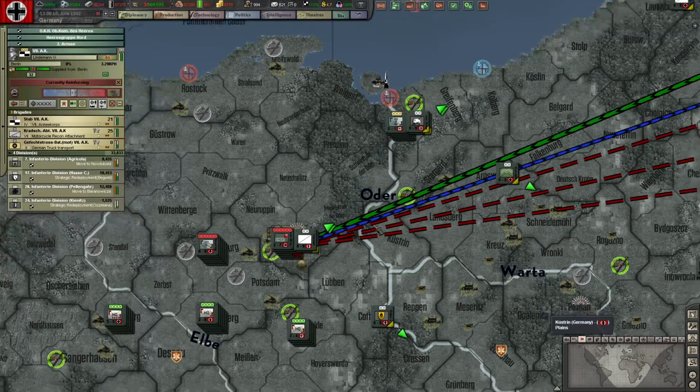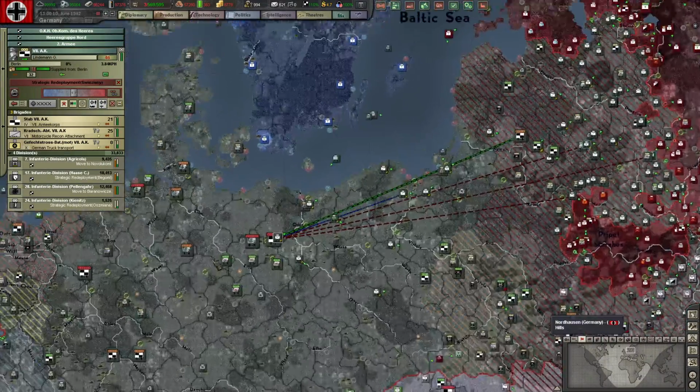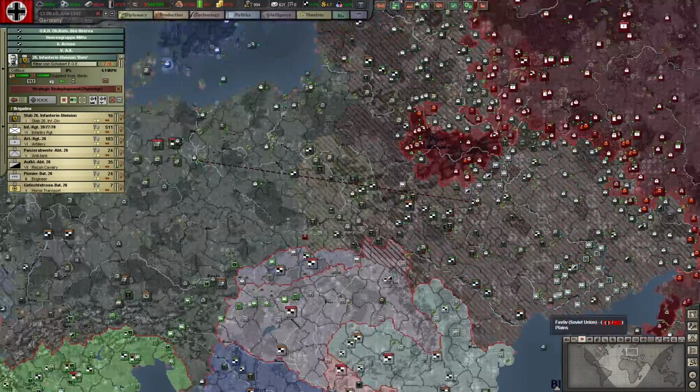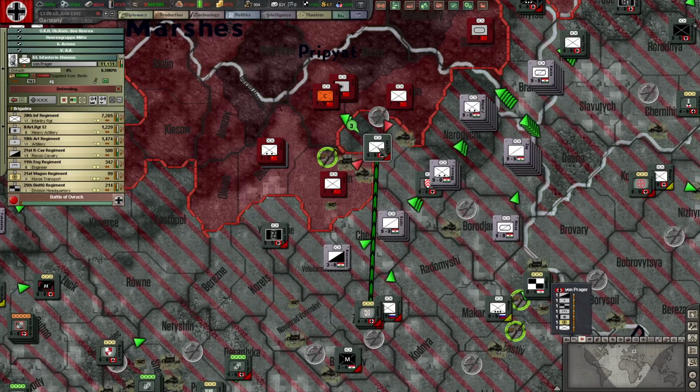Sometimes I'm putting these like that one. If that was in the front line, that was too weak. When they have something substantial like a cavalry brigade, then it's reasonably good to put into the action. But